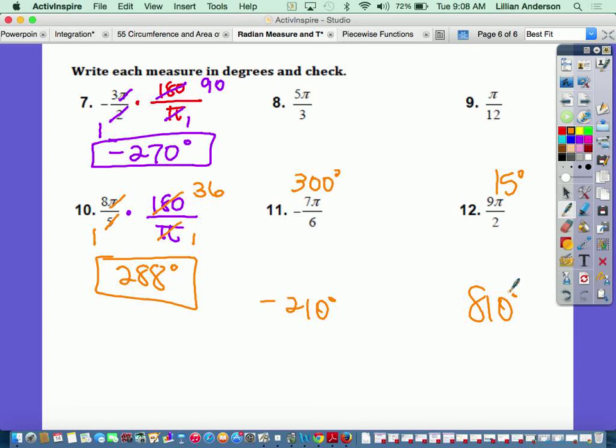Now, the reason why I'm able to do ones like 8 and 11 and 7, or even on the other ones like 150 and 315, is because those are actual radians and degrees on your unit circle. Okay, so like I said, if we're lucky, we'll get some time so we can actually go more into those quadrants of the unit circle, and then you'll be able to see exactly where these angles and these radians are coming from. Okay. So, any questions on terminal angles, converting from degrees to radians or radians to degrees before we move on? So this was your first introduction into